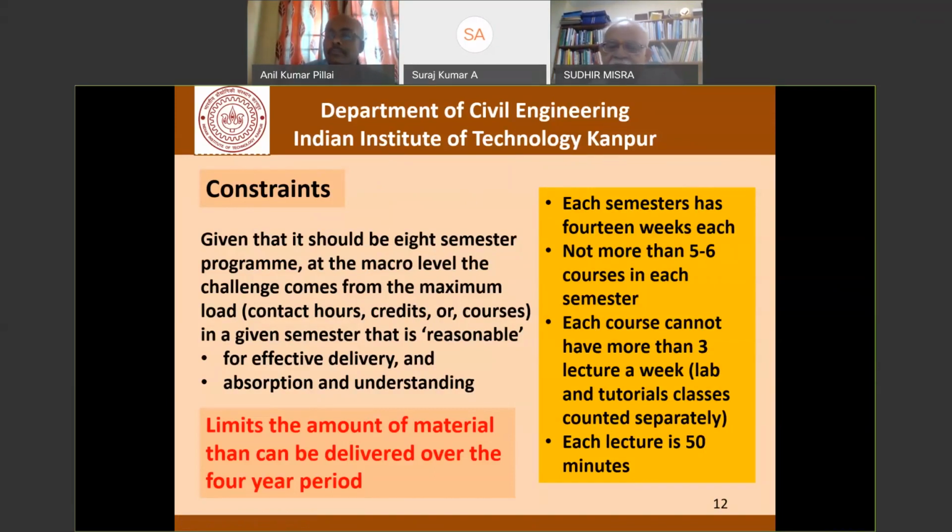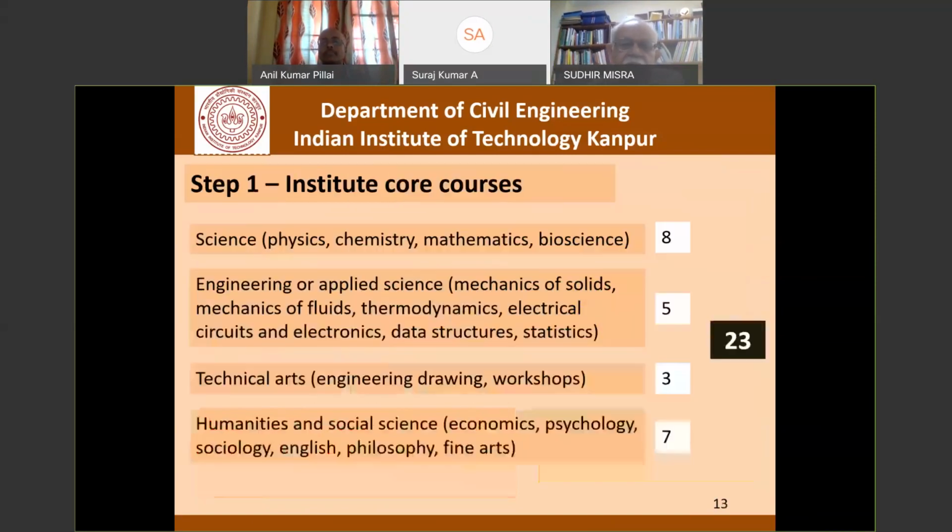We cannot deliver the whole bunch of knowledge to the students. We cannot flood them. We don't want to flood them, and there are inbuilt constraints which force us, or make sure, that we do not do it. Now, if we look at the IIT Kanpur syllabus and curriculum, we are trying to do a revision, so don't bother about these numbers so much. They may be off by a course here or there,